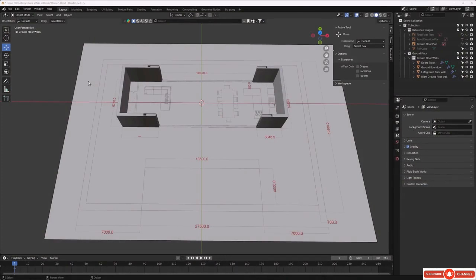Hello, and welcome now to lecture 12, and let's go ahead now and build our boundary wall around our house so we get a sense now of the true scale of the whole project and how it actually feels. So this isn't too hard either, this is pretty easy. So let's press 7 on a numpad to get the orthographic plan view,